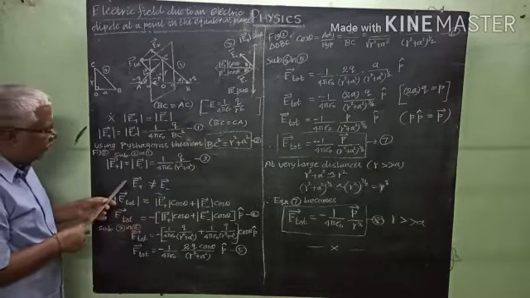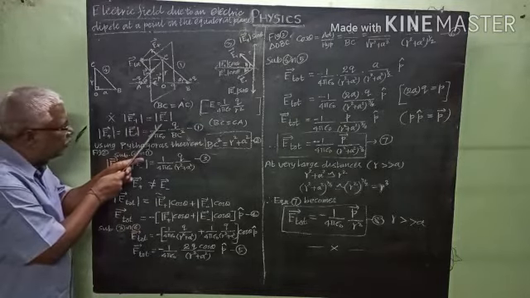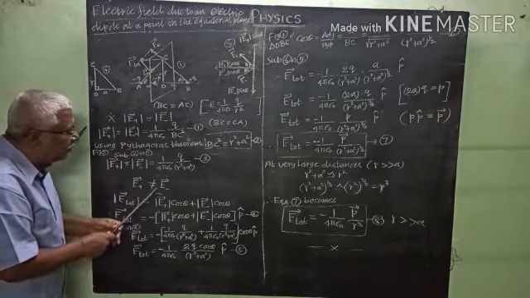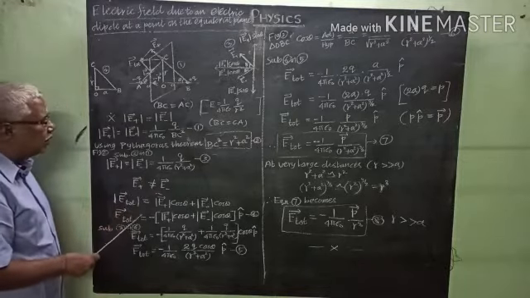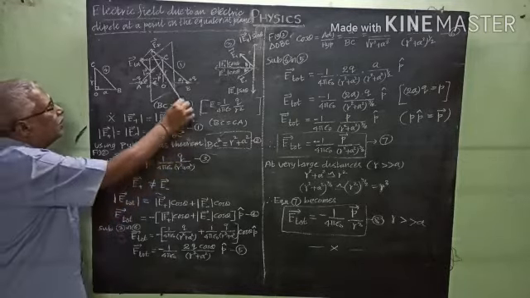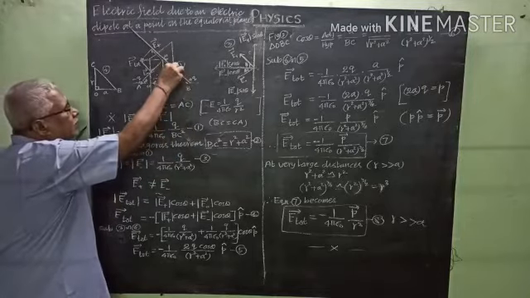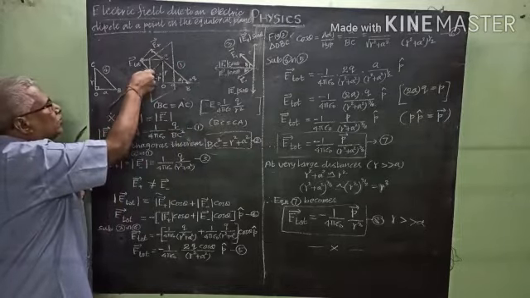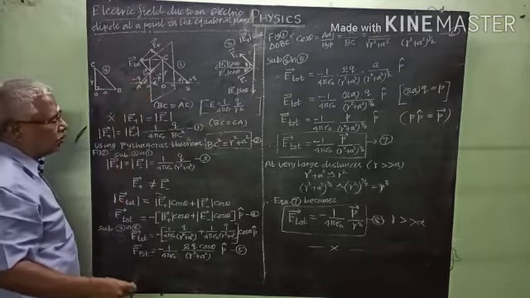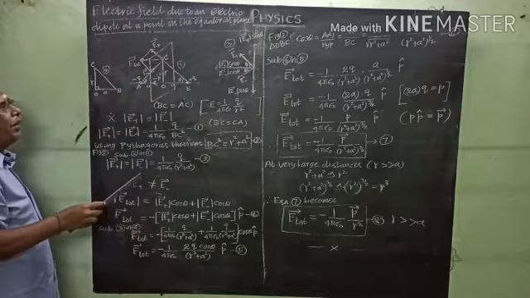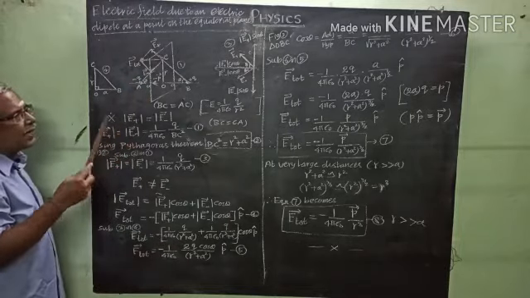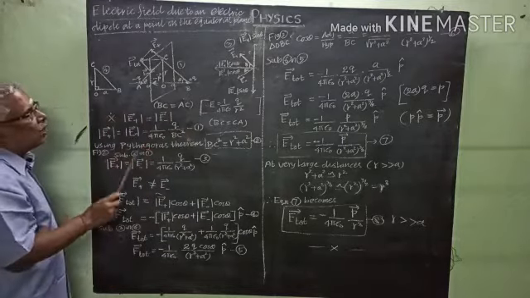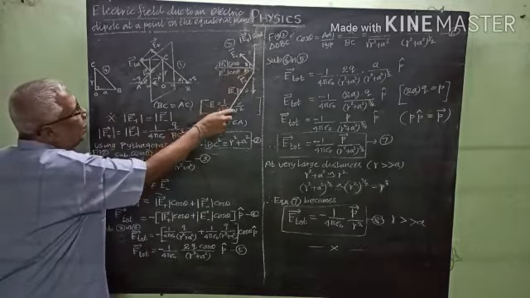Here the modulus of E plus vector is equal to modulus of E minus vector, but the vector E plus is not equal to vector E minus. How? E plus vector is along the direction BC, and E minus vector is along the direction CA. So these two directions are different. So we are going to apply the parallelogram law. Here we resolve into two components, a parallel component and a perpendicular component.